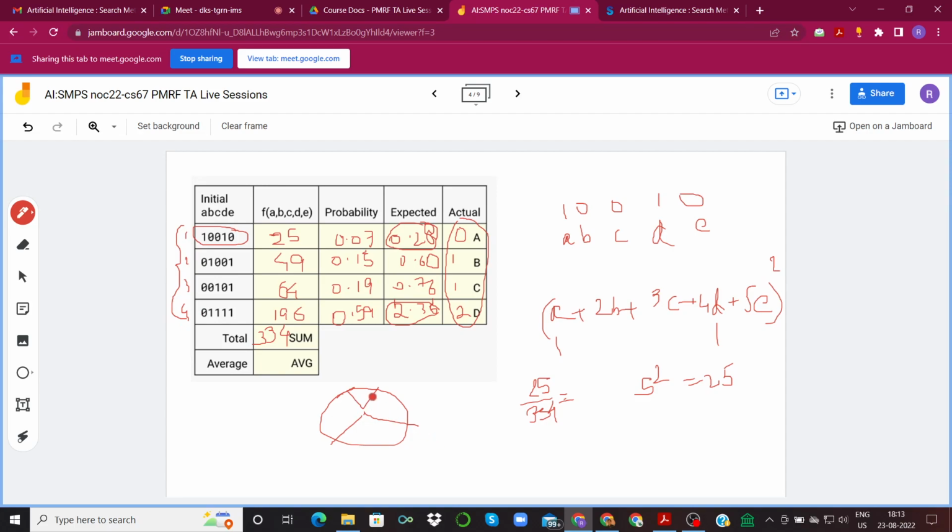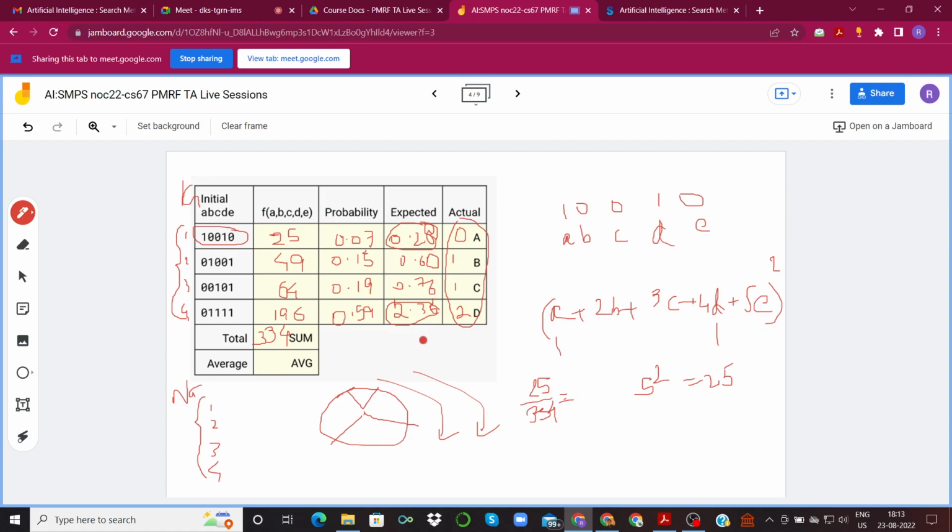You run this wheel four times, because we want four solutions in the next generation as well. This is the initial generation, this is the next generation. We want four candidates over here, and each time we rotate this wheel, we multiply this probability by 4 to get the expected value.